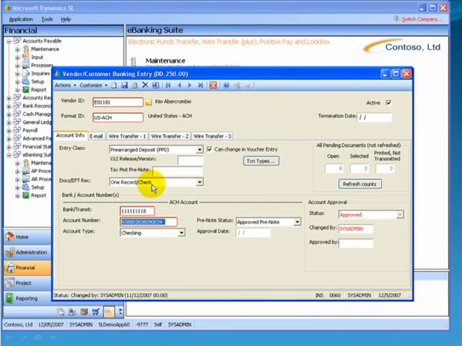So when account approval is turned on, we have statuses of who's approved, whether this is approved, who it was last changed by, and who it was approved by. The way this works is that if you turn it on, there are 2 individuals. One person will make the change, and then a different person has to come into this screen to approve it. So if I came into this screen and changed this last digit to the number 5,